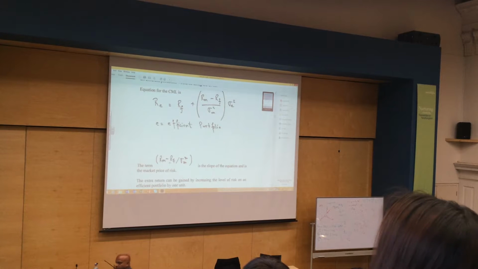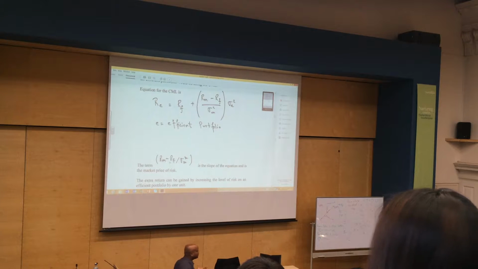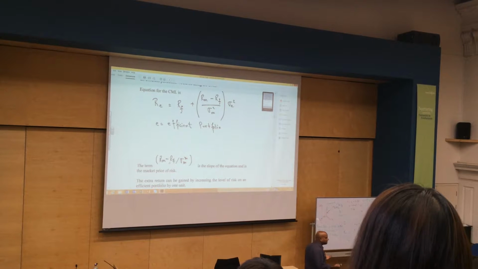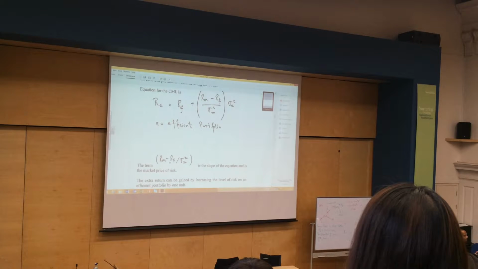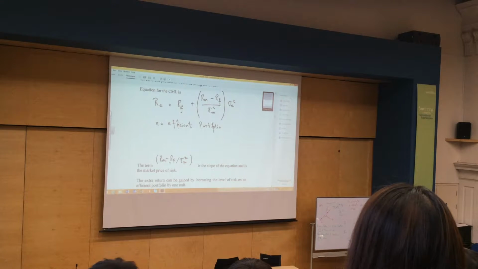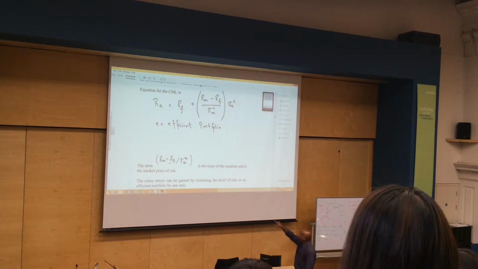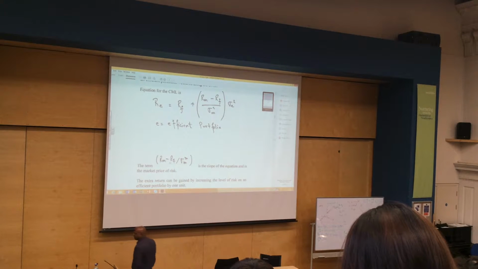If the risk goes up by 5%, how much does your return go up by? That's your reward for taking this risk. If the risk goes up by 5% and the return goes up by 5%, there's a one-to-one relationship. If the return goes up by 3%, it's giving you less than the rise in the risk. That slope is the market price of risk. It tells you how much you actually get by taking this investment on. The extra return that can be gained by increasing the level of risk on an efficient portfolio by 1 unit. That is the important slope. But they were not done yet.